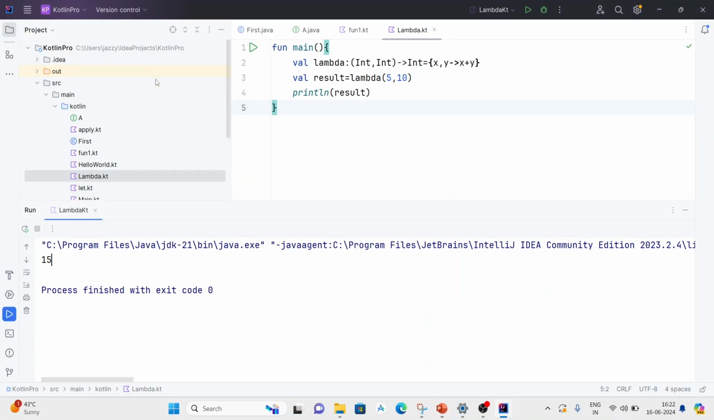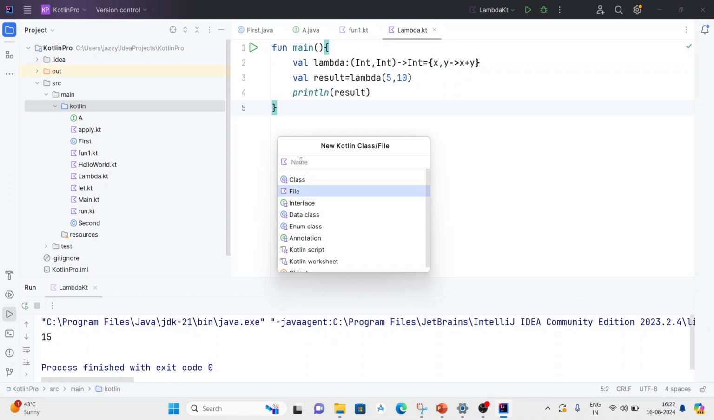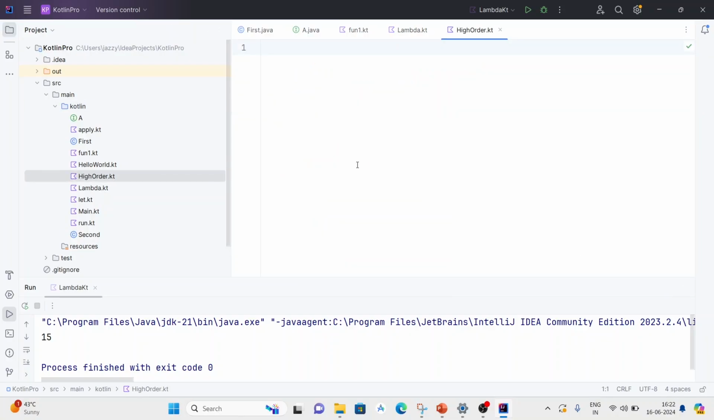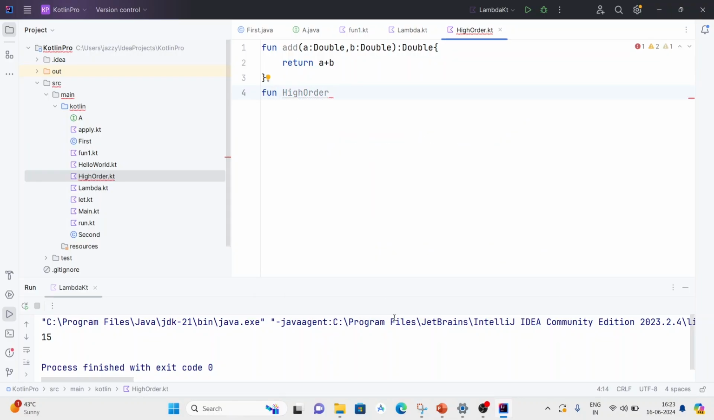Let's open IntelliJ IDEA. Let's create one new Kotlin class file. I will name it high order. Enter. Now let's create one function, fun add. Let's pass two parameters, a of type double, comma b of type double, and it will return double. Now write the return statement, return a plus b. Now let's create one high order function, fun highOrder, and pass the two parameters, x of type double and y of type double,